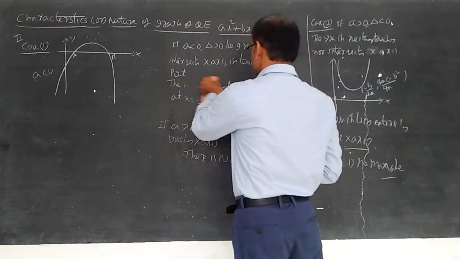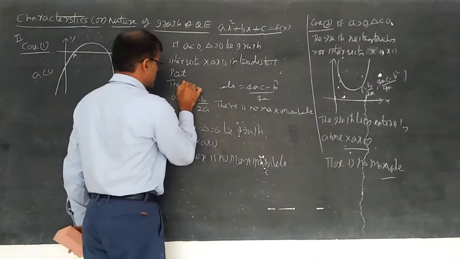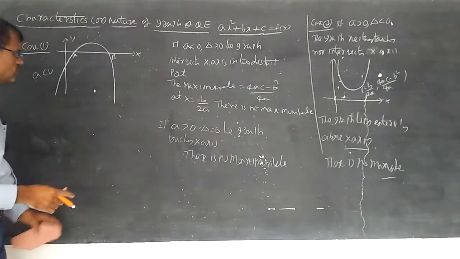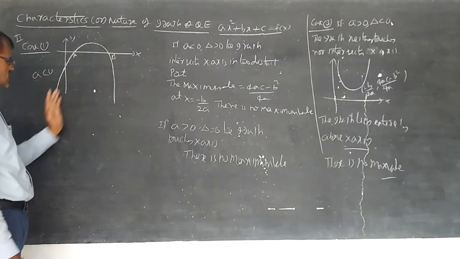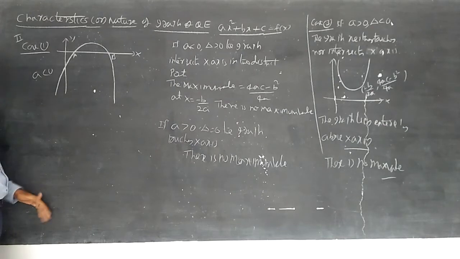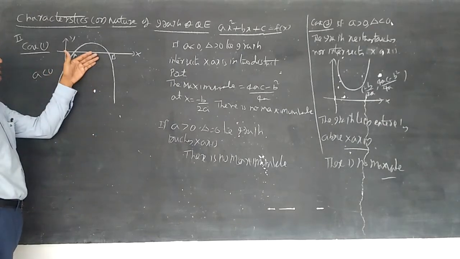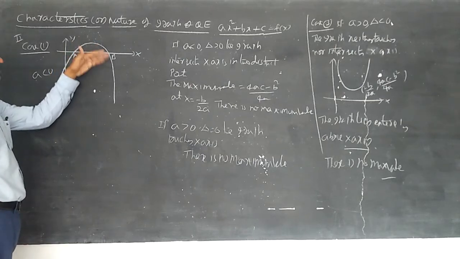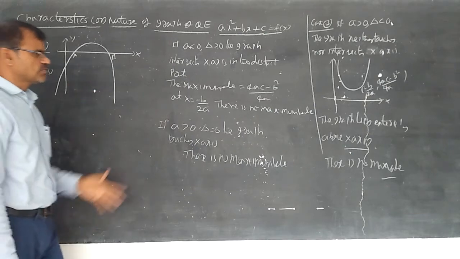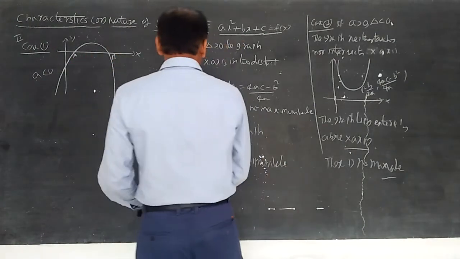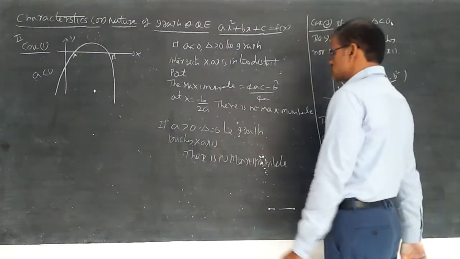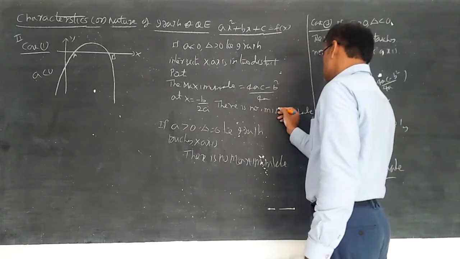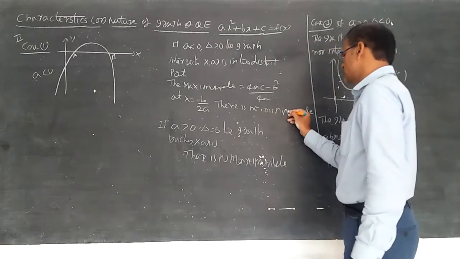Here you should write the maximum value, not the minimum. Students, don't misunderstand: this is minimum, this is maximum. Try to understand, from minus to plus, this is downwards. In the downward curve, you can understand it is going upside. This is maximum. There is no minimum. Until which depth the graph is going on, we cannot say properly. That is why there is the maximum value 4ac minus b square by 4a, and there is no minimum value. We cannot say the minimum value.